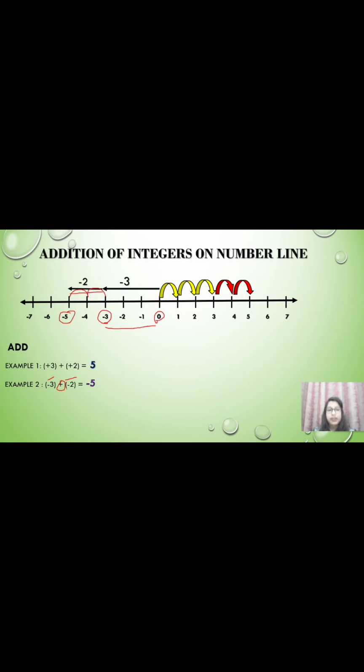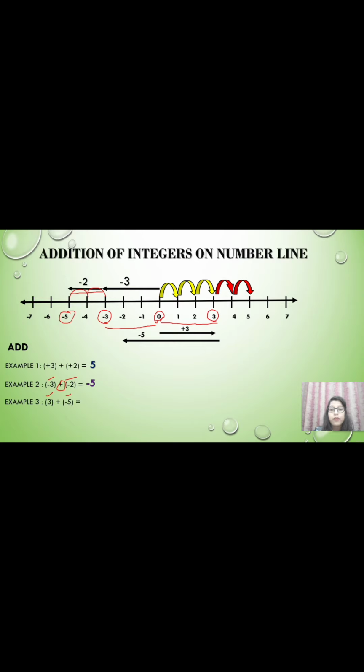Now let's take another example. 3 plus minus 5. That means in this we have one positive integer and one negative integer, and we have to add them. So first of all, in this case, where will we go? We will start from again 0. We move 3 points to the right direction, as 3 plus minus 5. We will move 3 points in the right direction and we will reach at point 3 or the number 3.